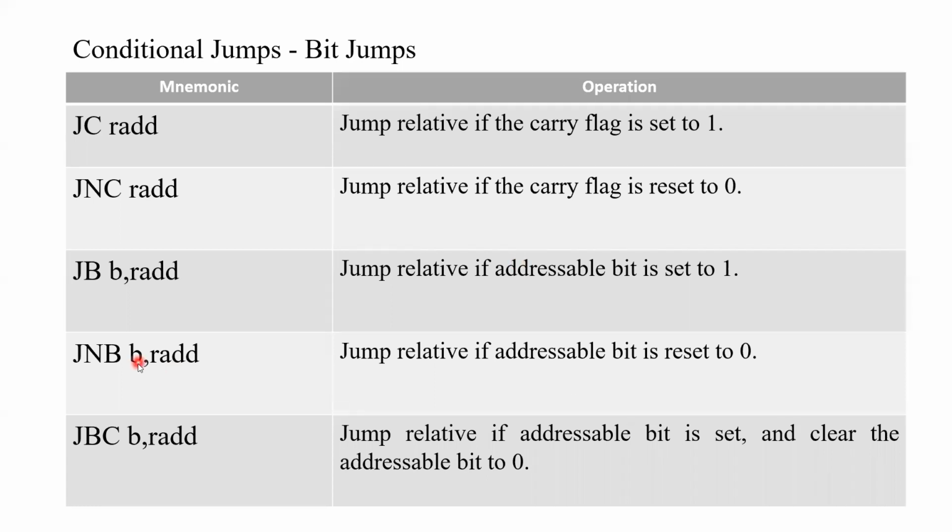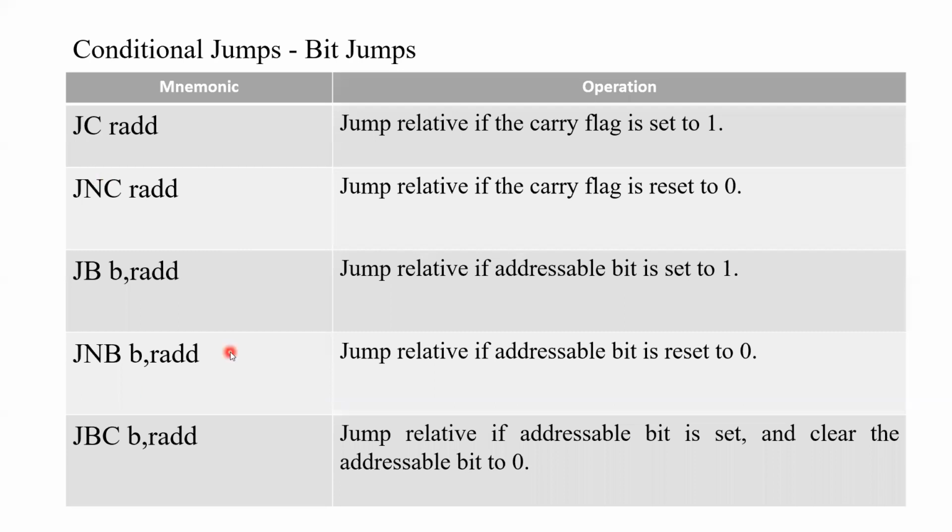Maybe if that bit is set, you need to turn it off. What do you do? You set that bit there. You compare with the jump no bit, whether the bit is off or whether the bit is set. What do you do in the next instruction? Set B there, so that you set that bit on, so that if the lights are off, you make sure that the lights are on. This is how you use these bit addressable instructions, the jumps, which are related to setting and resetting the bits.